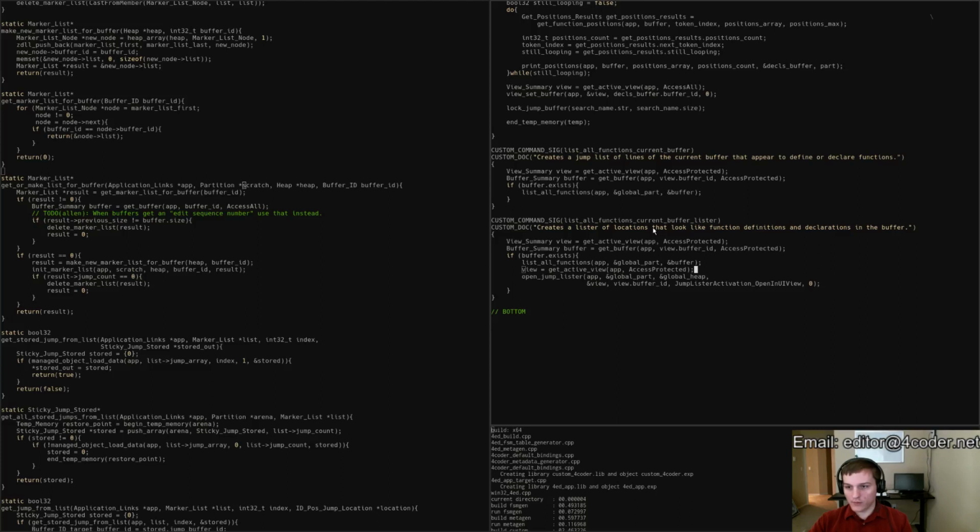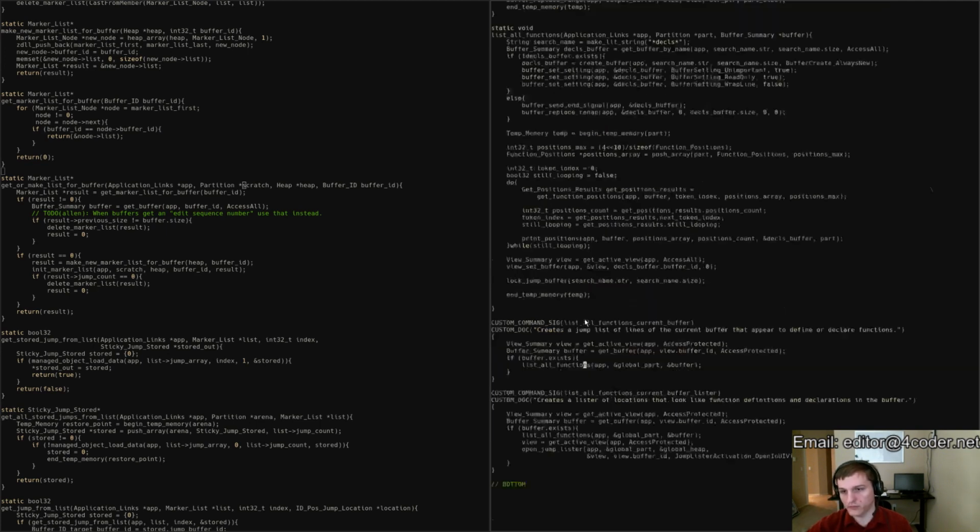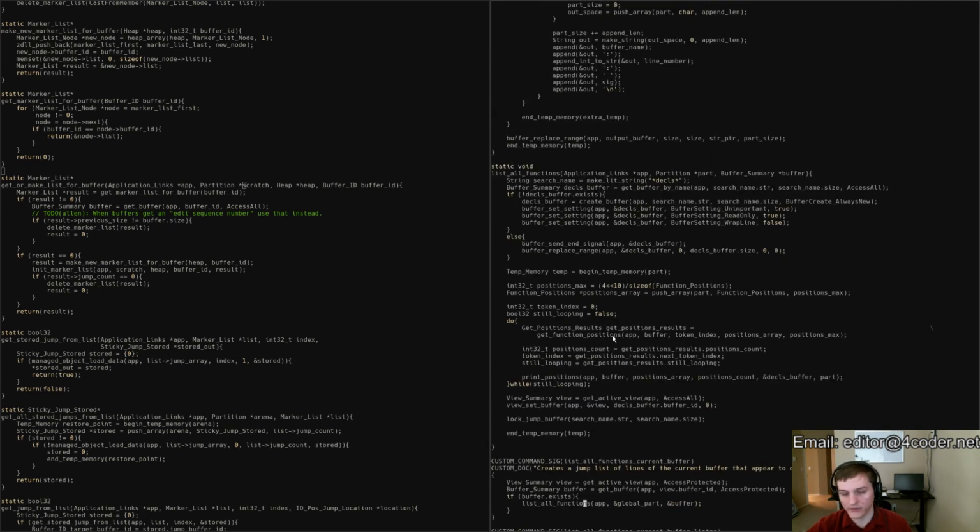So that's for one buffer. Now I want to make a new version of list all functions that goes across the entire set of all buffers and dumps it all into one big jump list. What is this gonna take? So right now